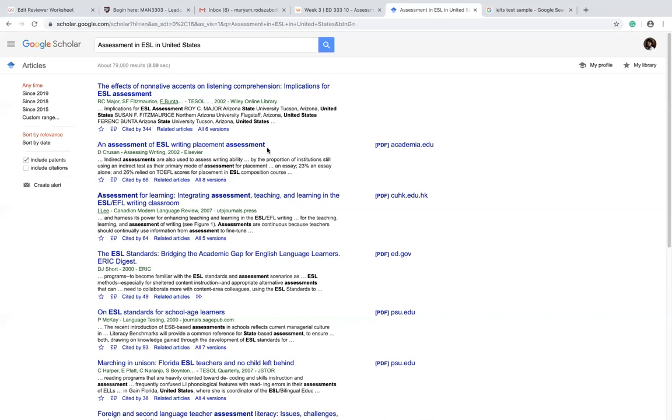So each week you need to find one article that is peer-reviewed. The topic is open-ended depending on what you are going to be focused on. Try to stay focused on the assessment of ESL, but the age level or the kind of content that is assessed is up to you.